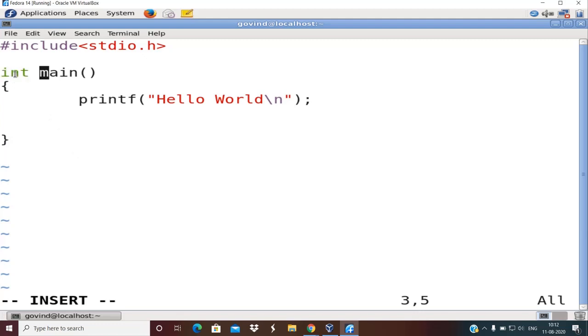So you can see here this int is shown in green color because it is referred to as a keyword. Okay, it's actually a data type, a built-in data type. So if you say int main, you have to write return 0. So 0 is an integer. You can even write return 1. So that's not an issue. So any integer value you should return.